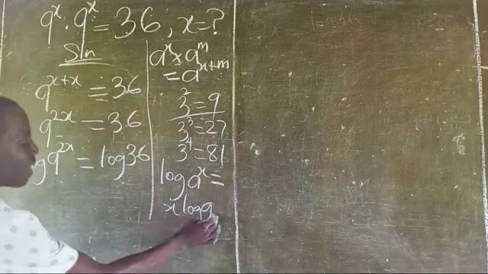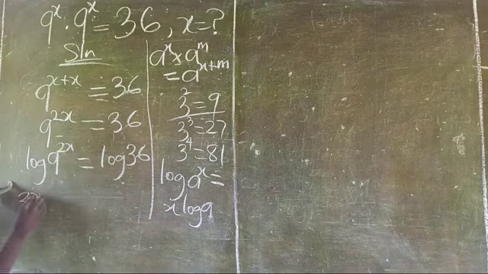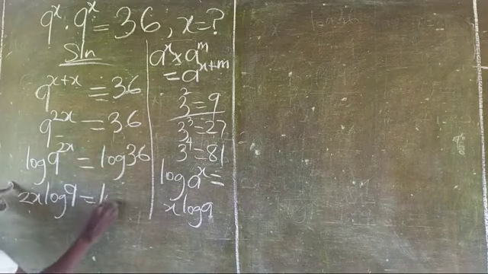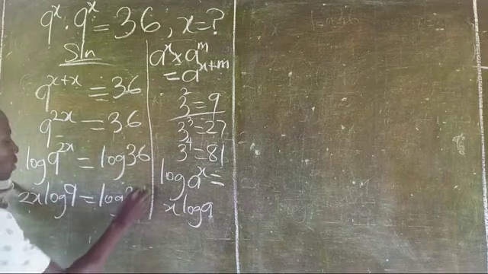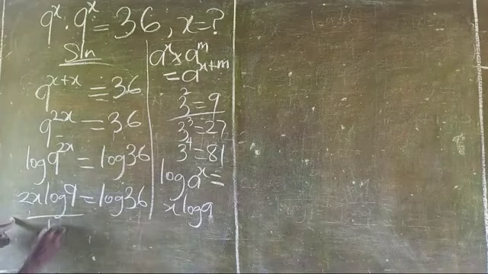So the power multiplies the log. So we're going to do that to 9. It becomes 2x log 9 equals log 36. And if we decide to divide through by log 9,